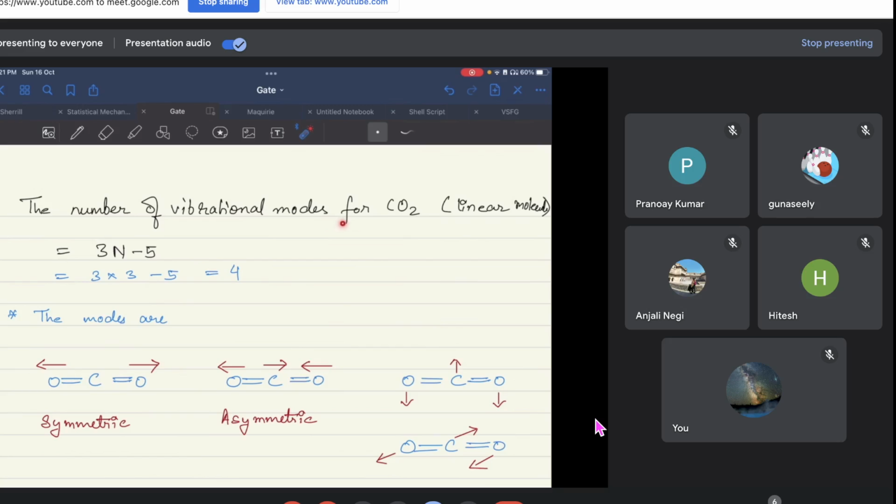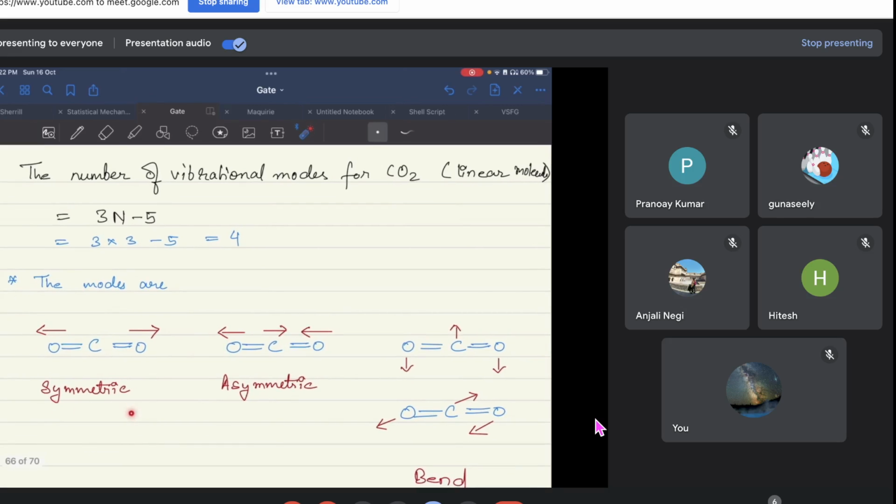Okay. Now, the number of vibrational modes for CO2. For CO2, as it is a linear molecule, the number of vibrational modes will be 3n minus 5. So these are the number of normal modes associated with CO2 as a linear molecule. Here n is the number of atoms present in the molecule, that is CO2, so n is 3. So 3 into 3 minus 5 gives me 4. So I have a total of 4 normal modes associated with my CO2 molecule, and those modes are,